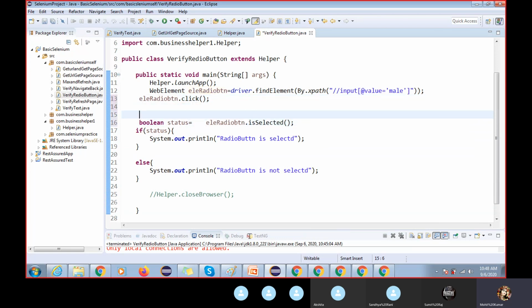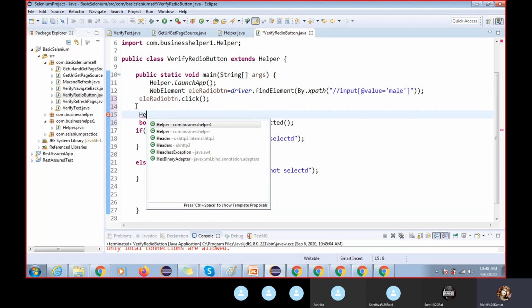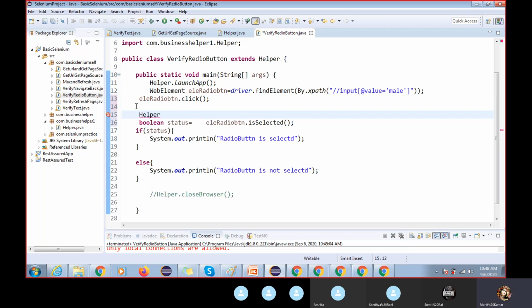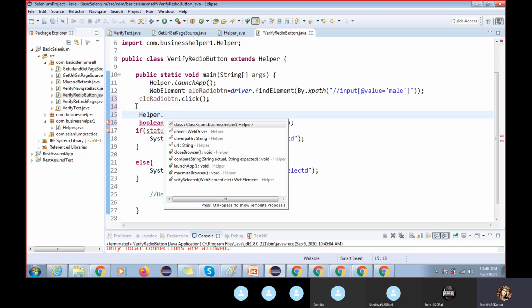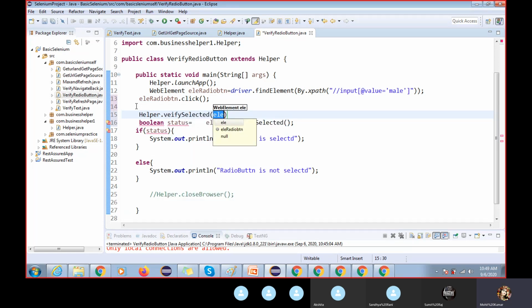This is how you can think to make your code more readable and reusable. So what I can do here is helper dot, what is this method? We can simply pass this element. That's it.